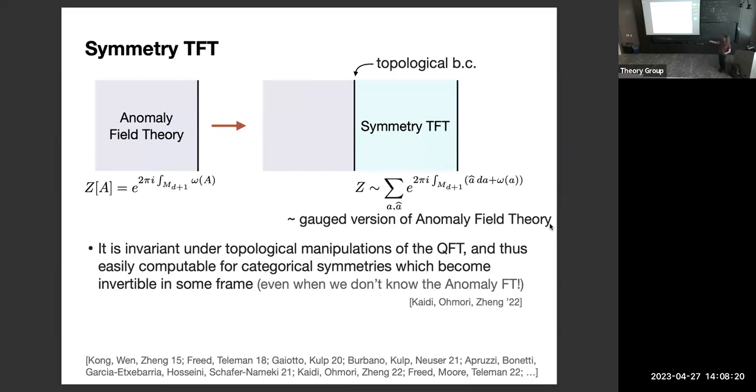That's true. So this explicit picture, I have in mind these sorts of examples, especially with finite global anomalies, where I really mean that it is a gauged version of the anomaly field theory. The definition of the symmetry TFT is not literally a gauged version of the anomaly field theory. Is there a definition that encompasses all cases? I mean, it's the Drinfeld center. I would consider that the basic definition.